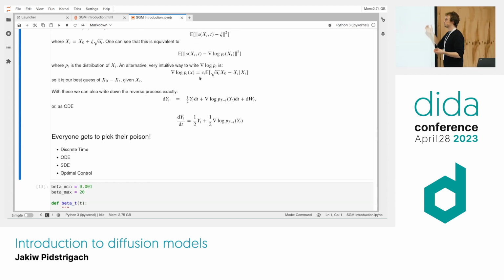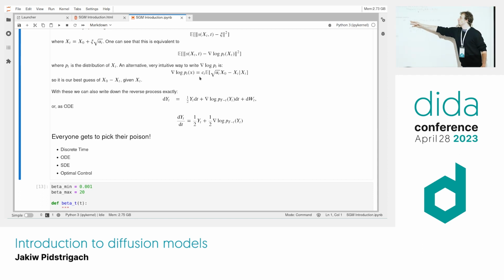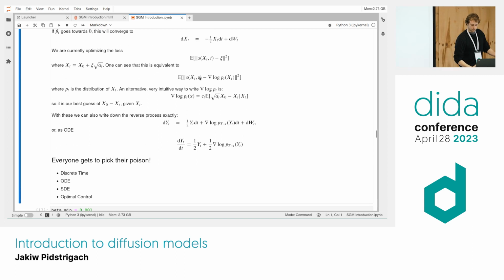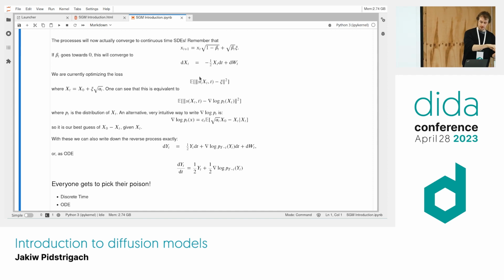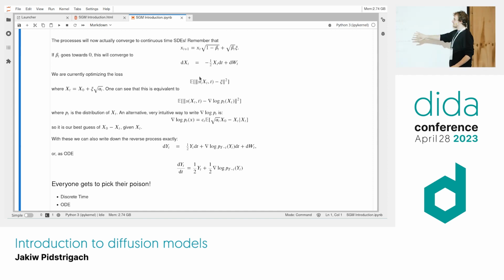And then the cool thing is now you have the reverse process, and you can see that the reverse process will also fulfill an SDE. It's just this SDE, which is basically also what we did before. In some sense, we revert what we're doing here. Here we were forgetting a bit of the data. We had this minus 1/2 of xt. Therefore, now we have a plus 1/2. It's the same thing when you run